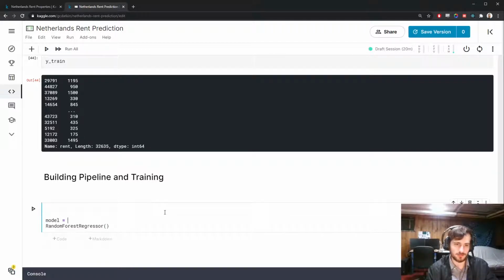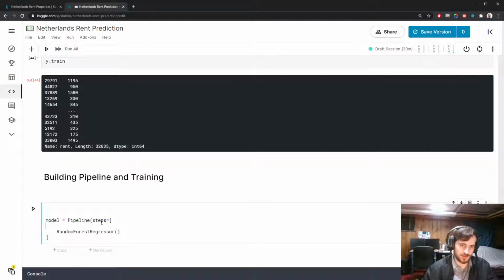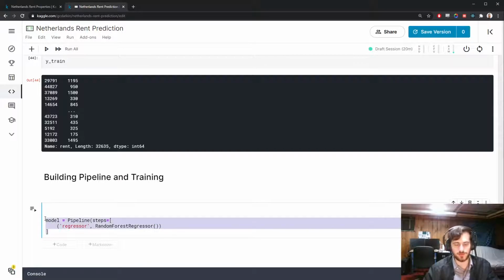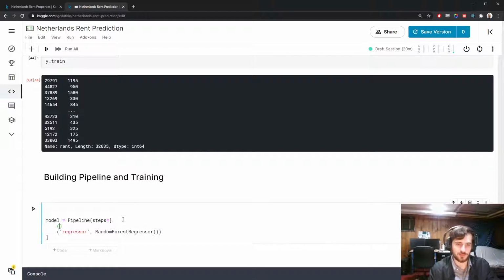So our model is going to be a pipeline whose steps include a random forest regressor. Now we need to include this in a tuple with a name, so we'll call it regressor, and it's a random forest regressor. So right now this would work just as a standard random forest regressor, but the pipeline allows us now to put more steps in before we actually pass it into the model. And we're going to have to do that